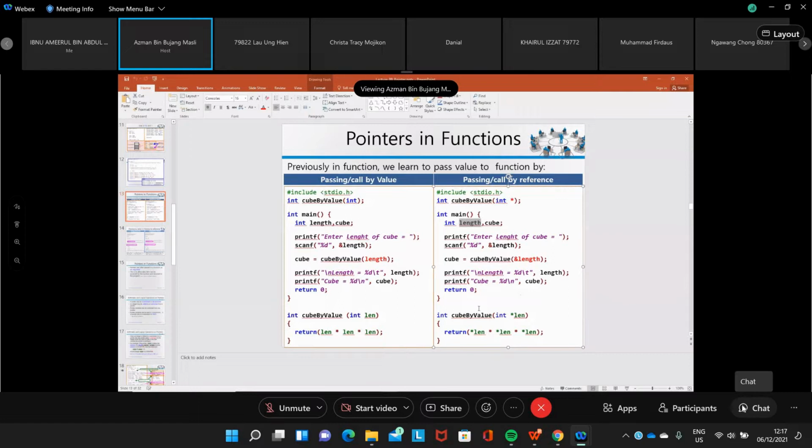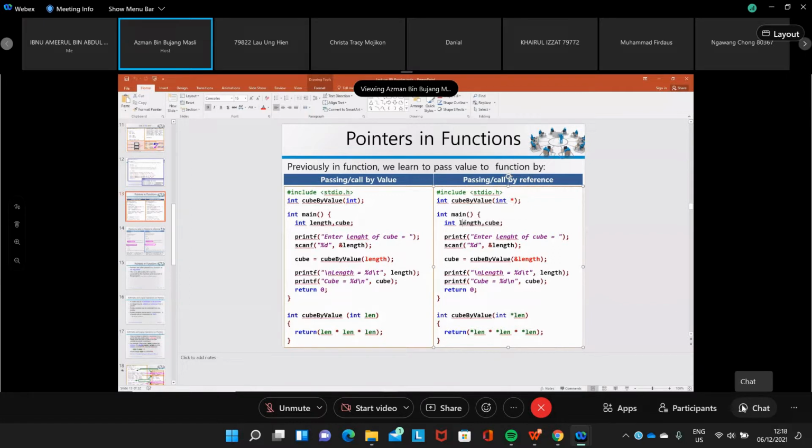So when you do this operation, remember, in order to access the value of your pointer, you need to use what we call the dereferencing operator, or the asterisk that we use together with the pointer name here. We access the value pointed to by the pointer, so the value actually in variable length.